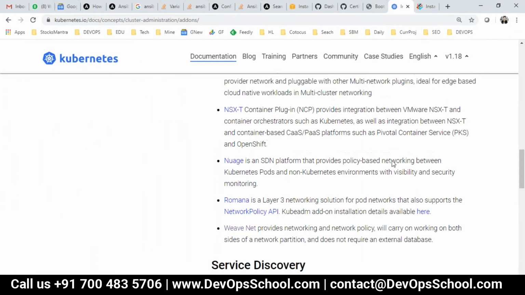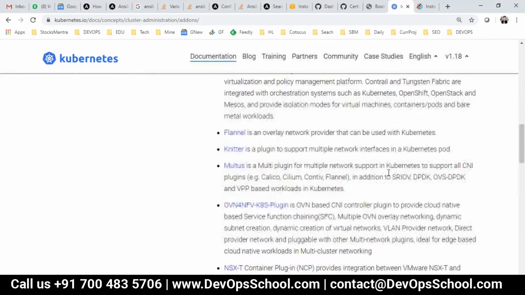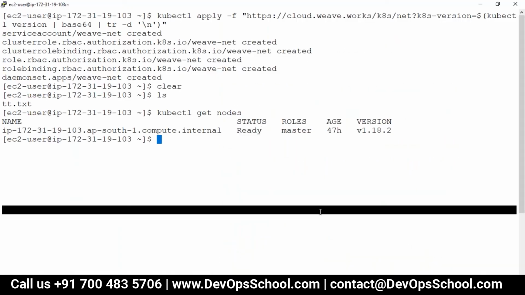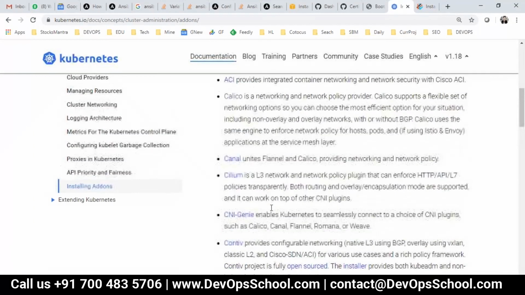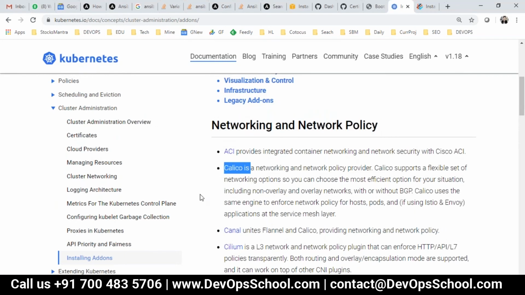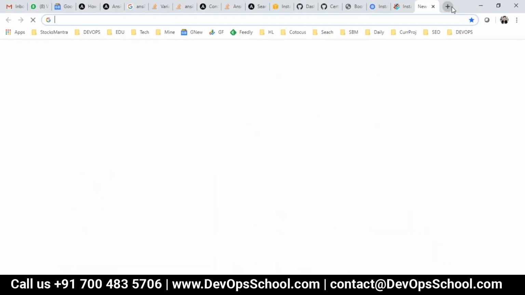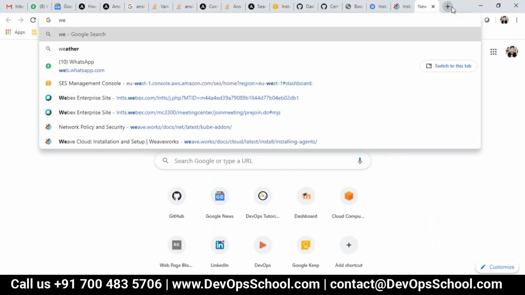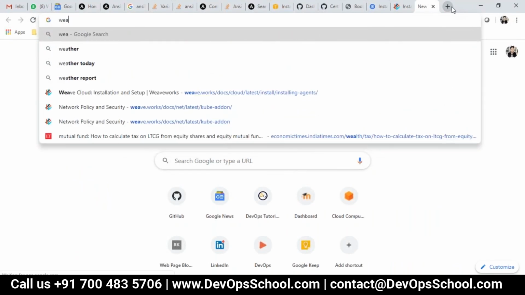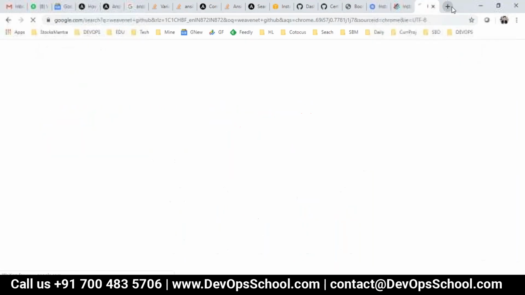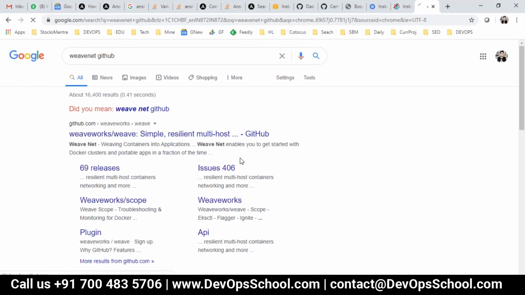Got it. And these network providers, they are like third party, right? Yes, open source, third party providers. Sir, there's no first party and second party. Everyone is community in the Kubernetes world. Everyone is developing through community. So maybe these driver policies are coming from some established companies, but these all are open source. You can go and find the code on GitHub. Let me show you. WeaveNet code GitHub. So all the code you can find on GitHub. See here.